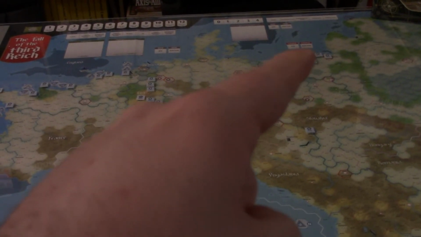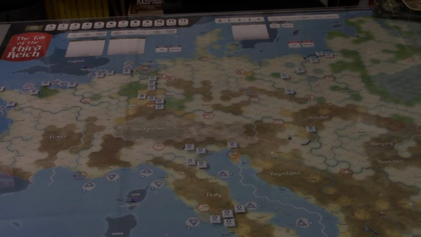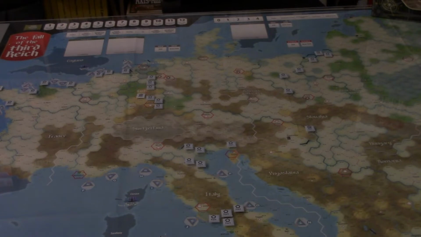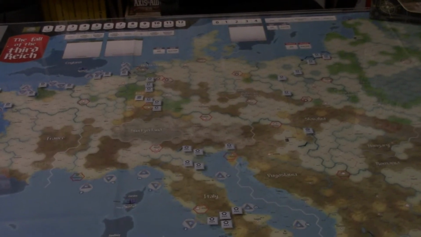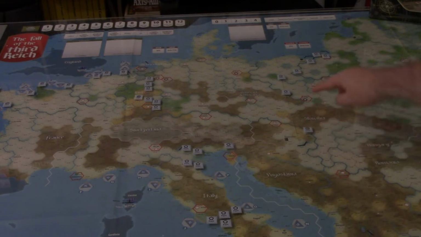There's several protecting the regions of Greater Germany over here in the east, and some in critical areas like, let's see, what is that? Budapest, I think, maybe? Yeah, Budapest. So there's a fort in Budapest. There's these forts over here. And then in the west, you have that Atlantic wall where there are,